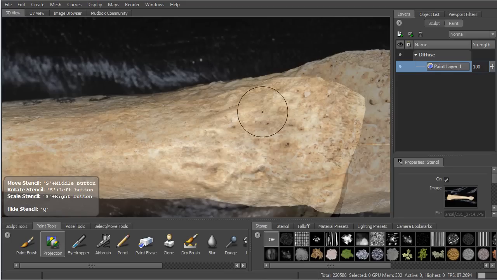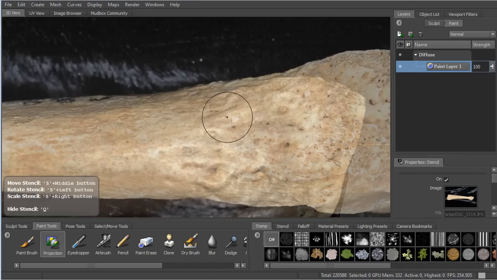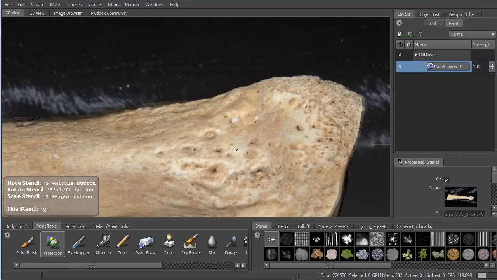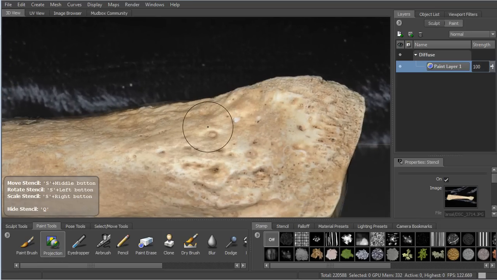Okay, so another point I'll bring up is, whilst painting this bone, as you can see, that's from the angle that I painted down, and as it curves round, it starts to stretch, because this is where it gets to the side, so it starts to stretch down this face here. So whilst texture painting this angle, which is about there, what you want to know is